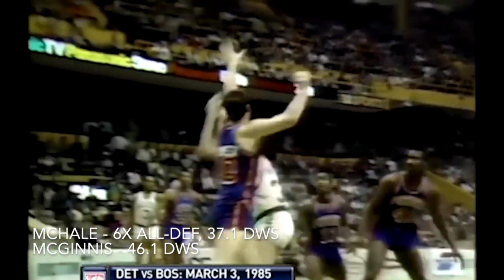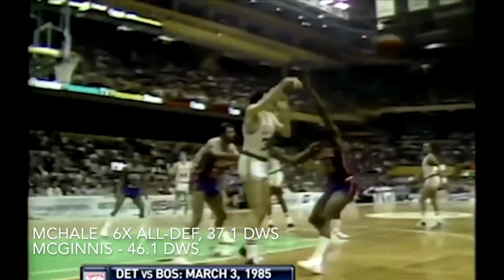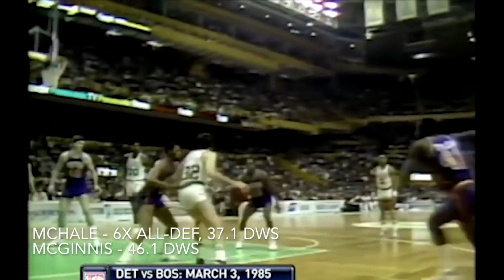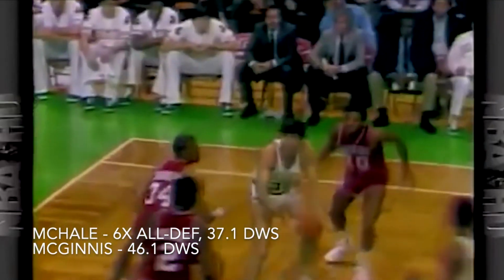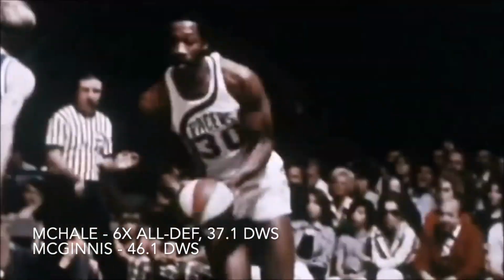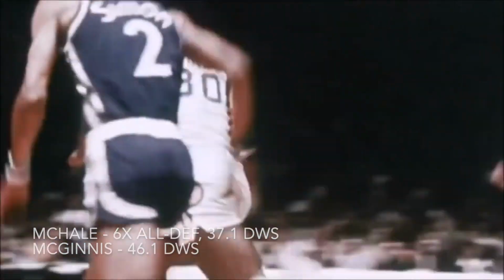In the defense category, McHale was one of the best defenders at his position for his era, earning 6 all-defensive selections compared to none for McGinnis. However, the defensive win shares do show that McGinnis definitely impacted the defensive end, and although I don't usually talk about steals in these videos, it must be noted that McGinnis at his peak was averaging 2.6 steals a game, which is close to the caliber of a Scottie Pippen or John Havlicek. However, despite the defensive win shares and the steals, I still have to give this category to McHale, as the ABA did have all-defensive teams, and yet McGinnis did not even make a single one.